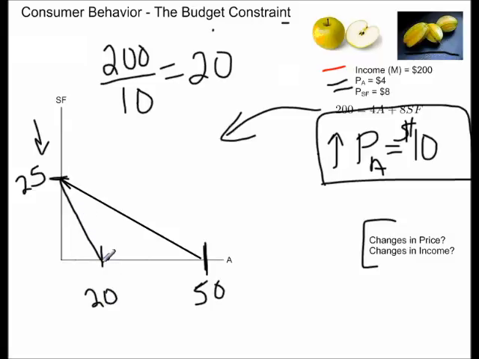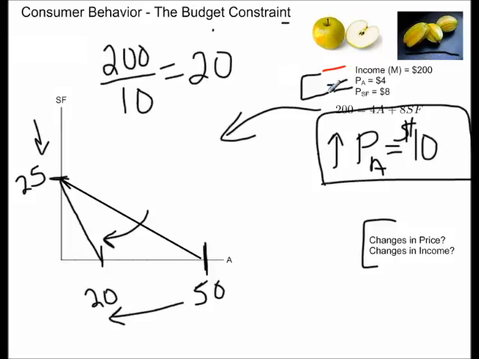My budget constraint is going to rotate in. When I add an increase in the price, it's going to change the slope of my budget constraint. Remember, we also said a second ago that the slope of the budget constraint is relative prices, and for this,